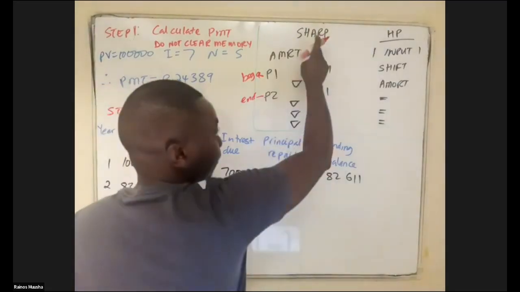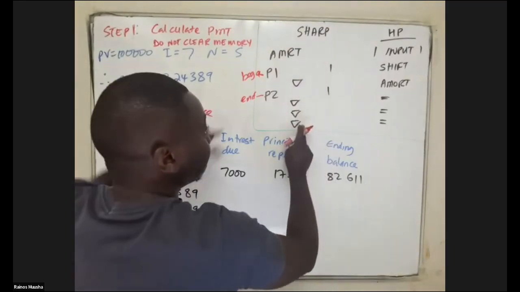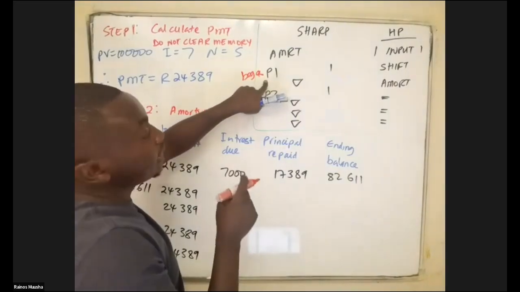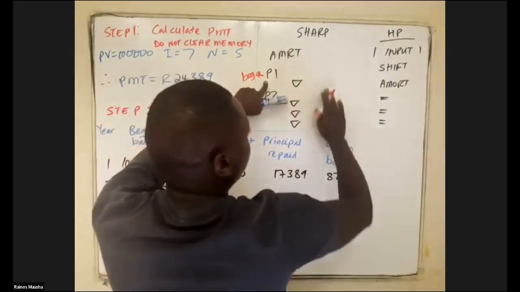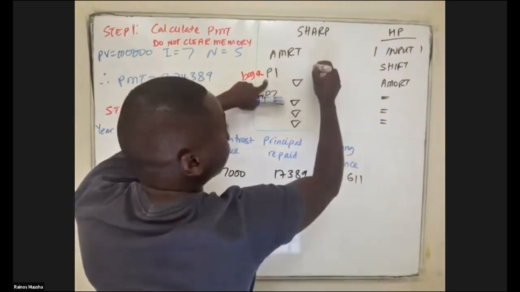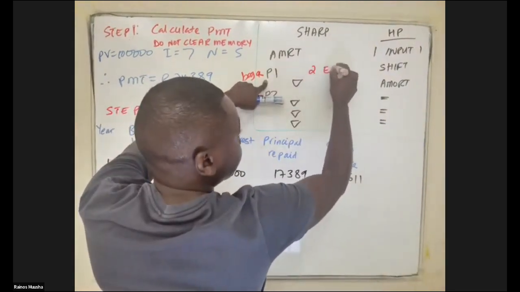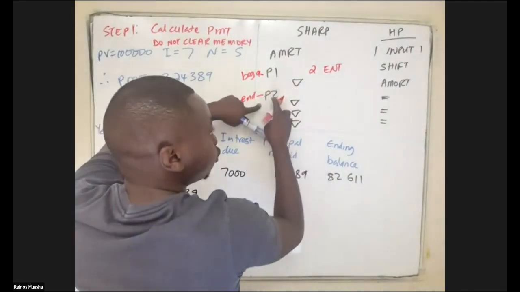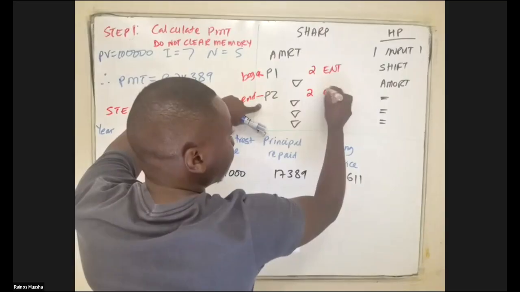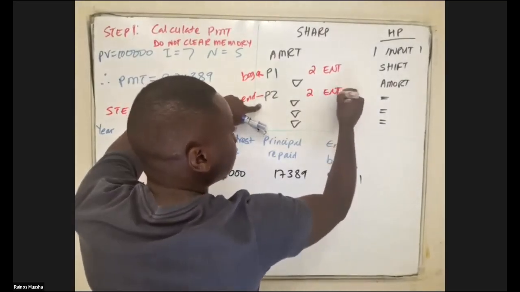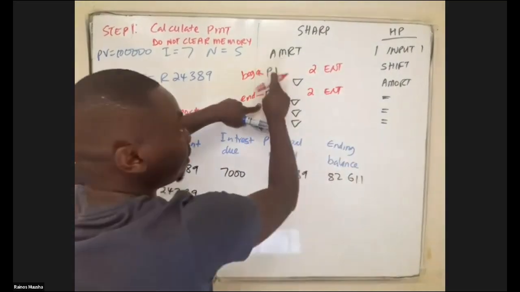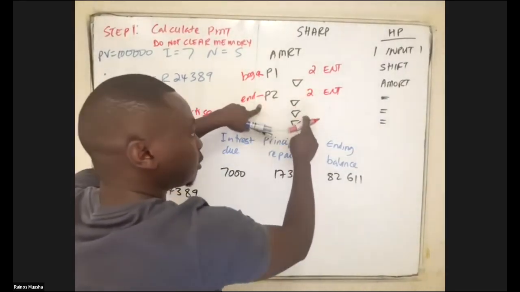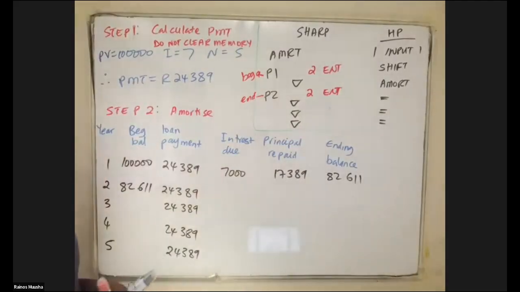If you're using the Sharp calculator, you keep scrolling down until it takes you back to P1, because P1 means the beginning. Now you want to amortize from the beginning of another period. So when it shows you P1, for year 2, you're going to press 2, then you press enter. You scroll down, it will show you P2. And when it shows you P2, you're going to press 2 again, and then you press enter, because you're now telling your calculator that I'm amortizing from the beginning of period 2 until the end of period 2. Then when you keep scrolling down, it will give you the breakdown.